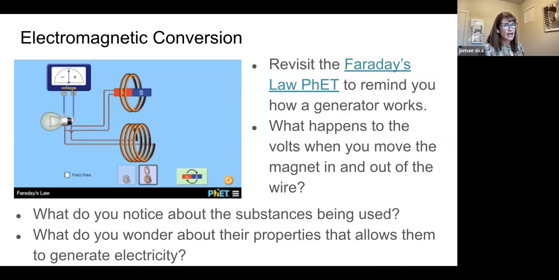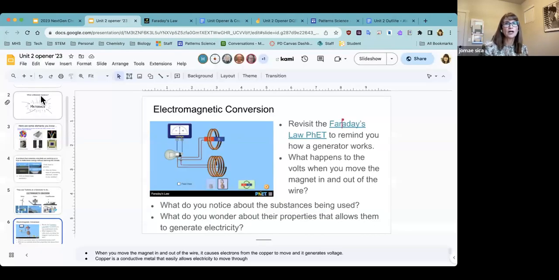So what we want to think about now, and this is where we're really starting the unit opener, is what do we notice about the substances being used here? And what do we wonder about the properties? I know I've skipped over some parts of the unit opener for the students, but